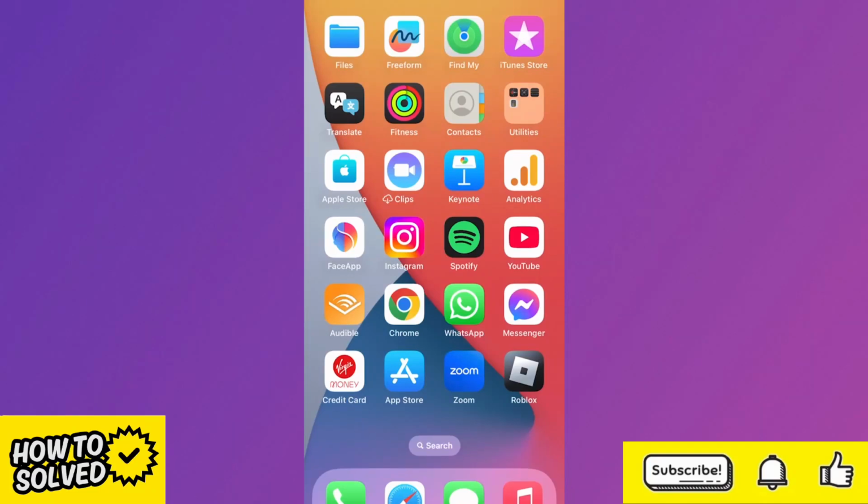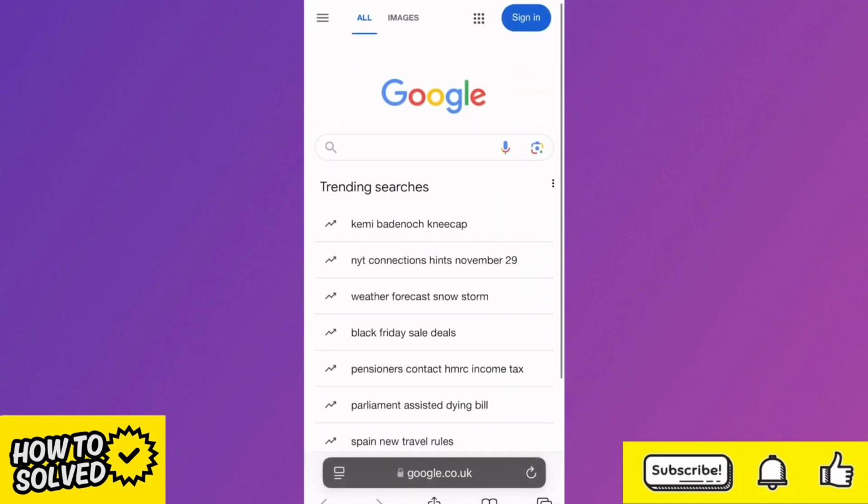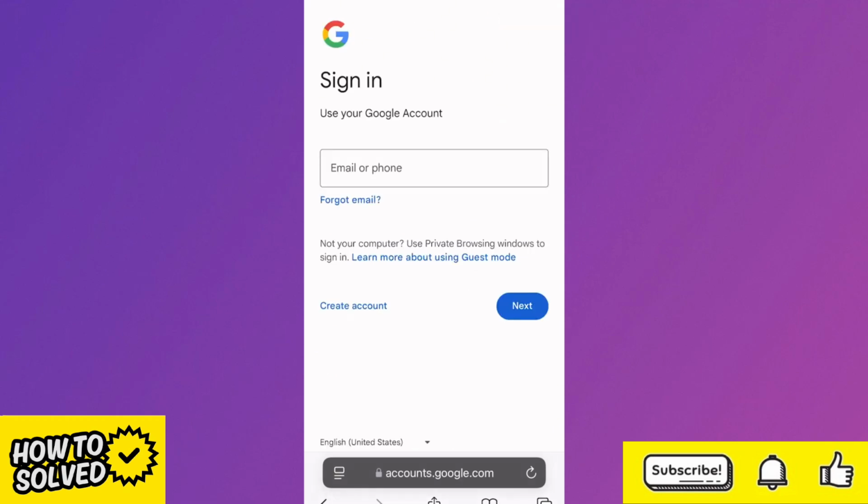In this video, I'm going to show you how to create a Gmail account on your iPhone. So the first thing you need to do is just head over to an internet browser. I'll be using Safari for this demonstration. Then you need to select Sign In from the top right hand side, and then from the left select Create